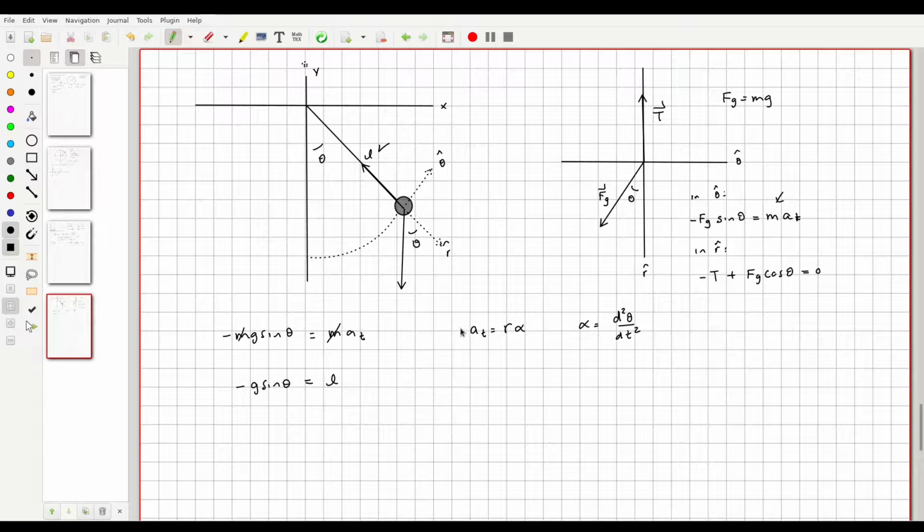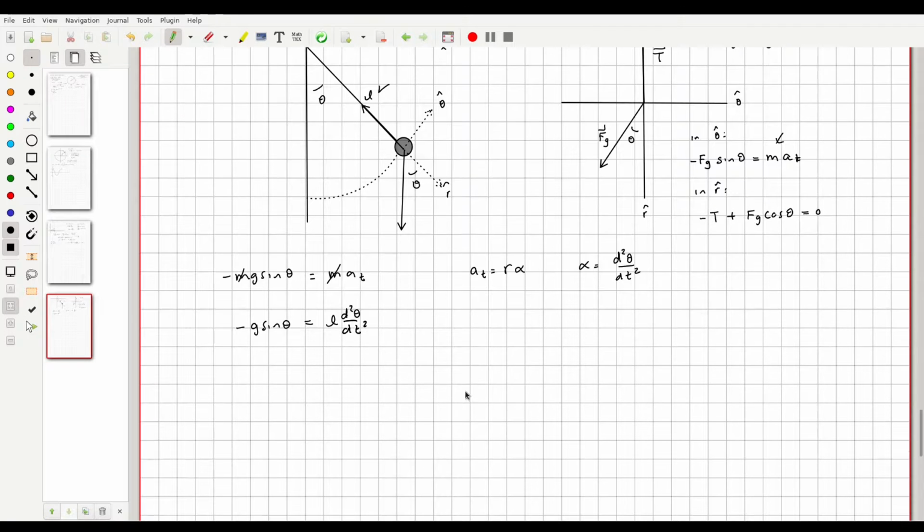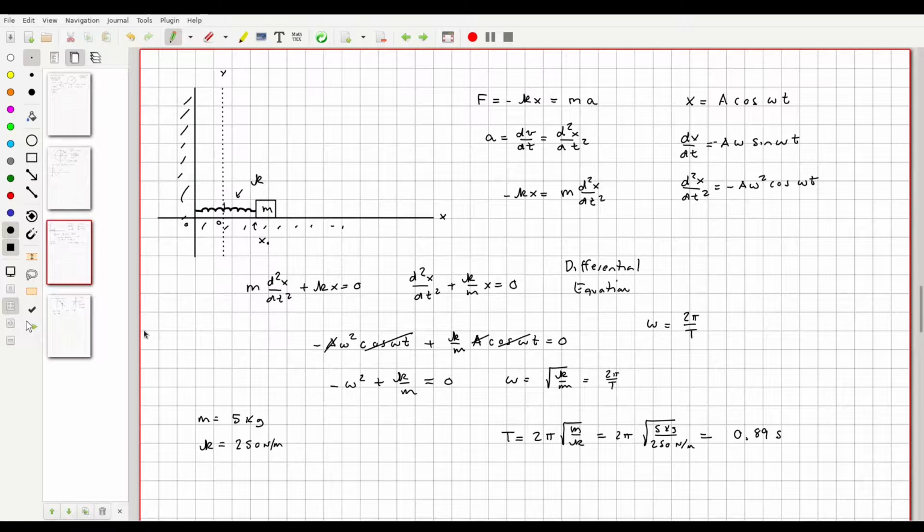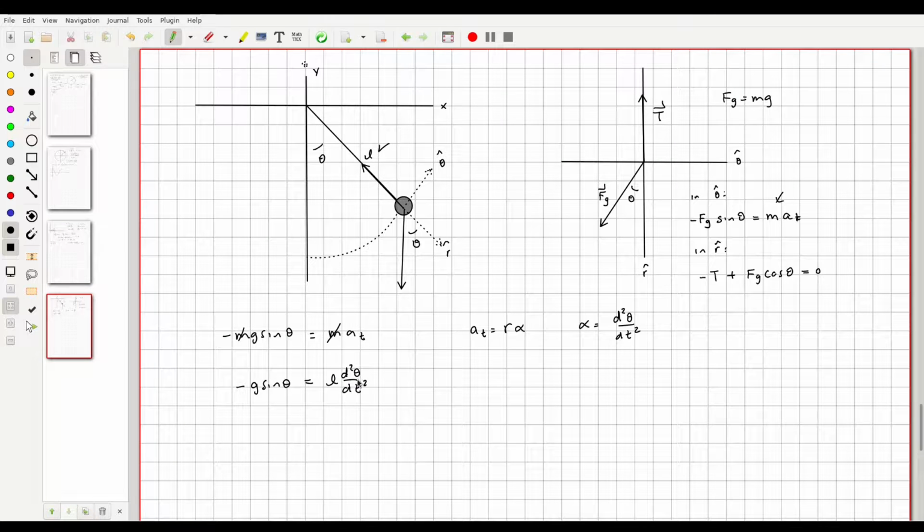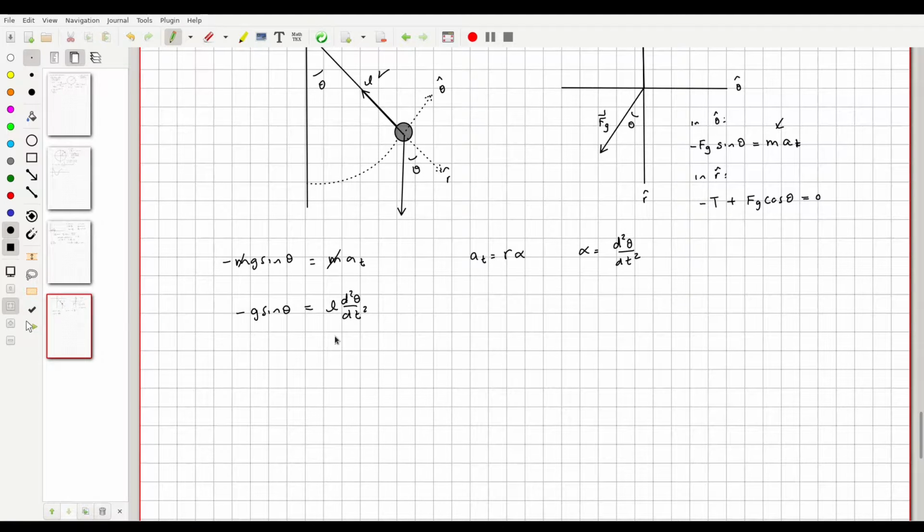L times two derivatives of theta with respect to time. Now this is starting to look a little familiar. It's not exactly like the equation that we had before over here, where we had two derivatives of position with respect to time and x. Here we have two derivatives of a position with respect to time, and there's a sine of theta. But we're going to get to a form that looks exactly like what we had before, barring the fact that we're dealing with